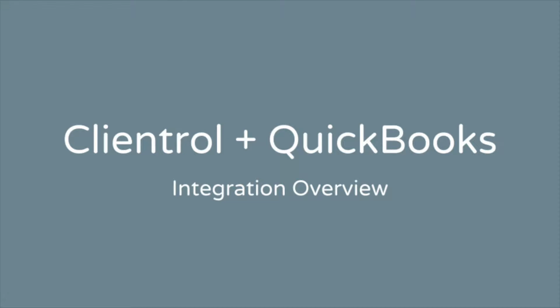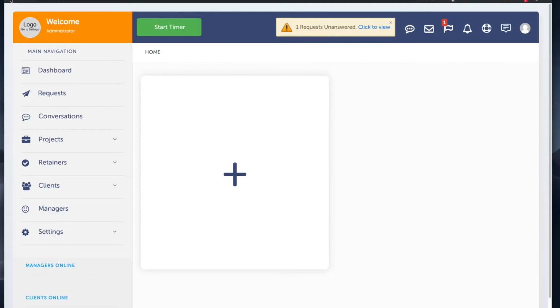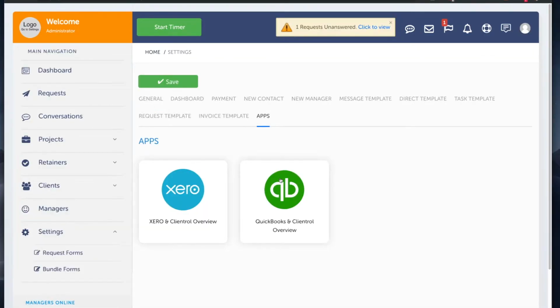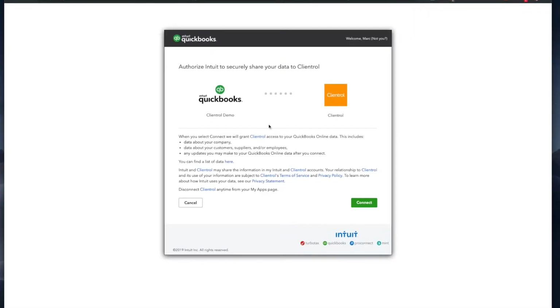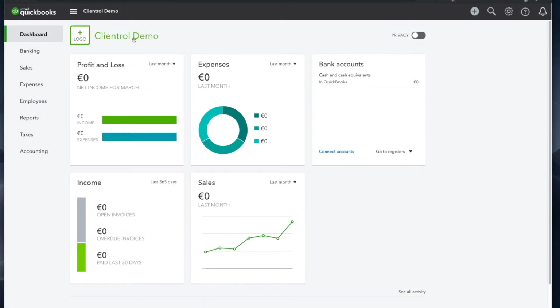In this video I'm going to show you how to integrate QuickBooks with Clientrol. So the first thing that we're going to do is log into my dashboard. If I go to Settings and select Apps and select the QuickBooks and Clientrol logo, I'll now be brought to the authorization page. Click Connect. And I can see that my company Clientrol demo, which is the name of my QuickBooks account, has connected successfully